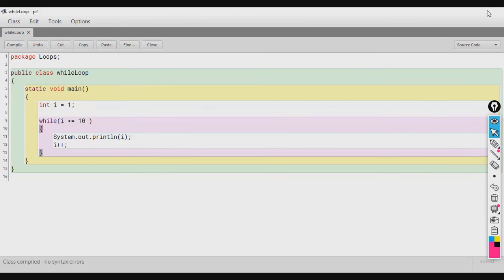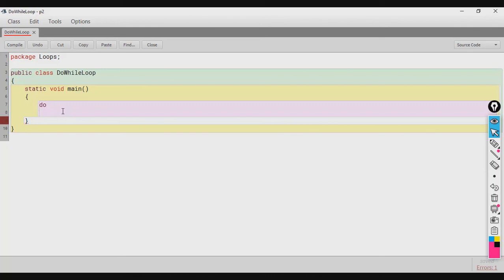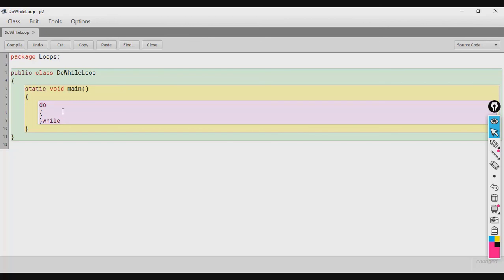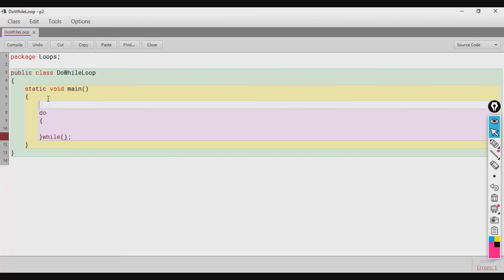Now let's talk about do while loop. In case of do while loop, this is the syntax. You have to write the do keyword and then open a set of curly brackets and then the while keyword followed by a set of parentheses and then a semicolon. Again, the initialization in this case will also be done before the loop.